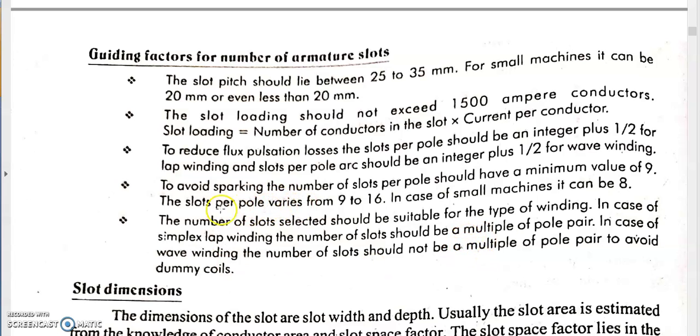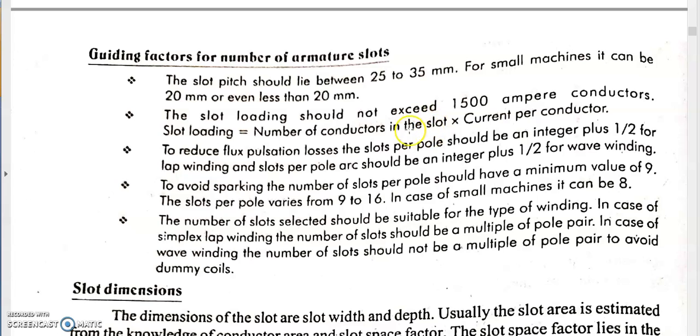After that, we will be selecting the value of slots per pole, starting with 9. We will be calculating the number of slots in a certain range after satisfying this condition, that is integer plus 1 by 2, that is slots per pole integer plus 1 by 2. That integer is 9 in both cases, but here it is slots per pole in lap winding and slots per pole arc in a wave winding. So based on that, we will be calculating the total number of slots, and finally we will be checking, suppose 2 or 3 slots will be finalized. In most cases 2 slots will be finalized, and then that will be verified with the slot loading condition,